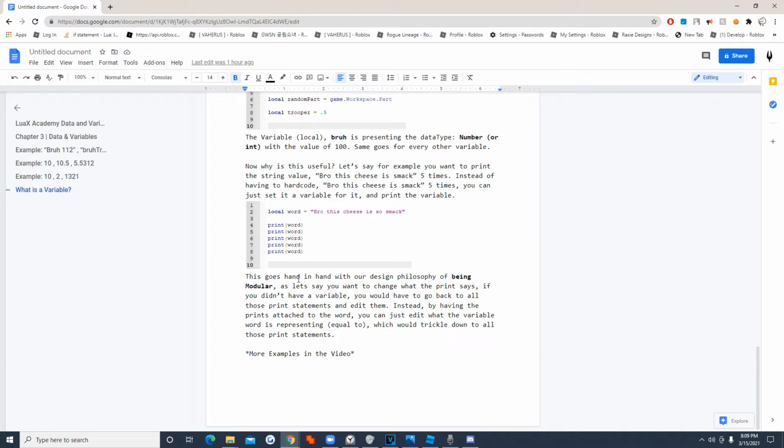Because I'm coding this basically on the principle of how modular can it be. So this is being modular. Easy to change, easy to edit, easy to add to, okay? So let's say I wanted to change it to say burrito Dorito instead of bro, this cheese is so smack,